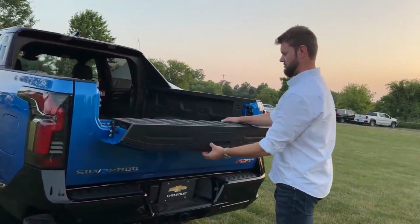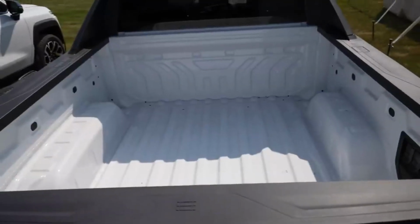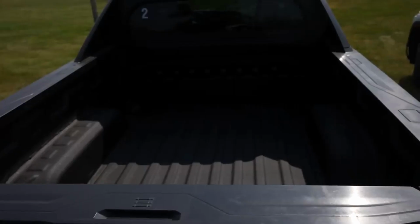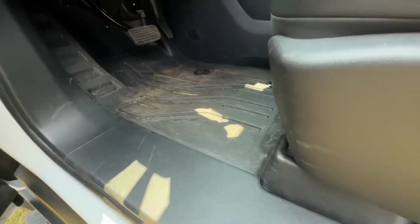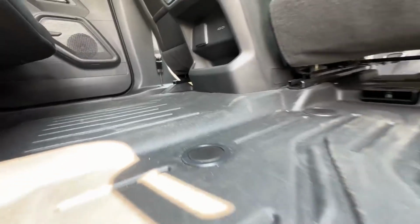Correct. And then I've seen some work trucks with no bed liner, which is cool, but I would prefer to always have a bed liner because I'd be scared of scratching paint. Yes. Oh, and speaking of liners, in here we don't have any carpets. Yeah, it's just rubber liner on top of the bare metal. So you'll probably want